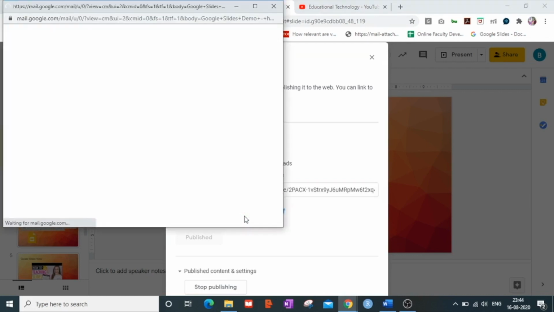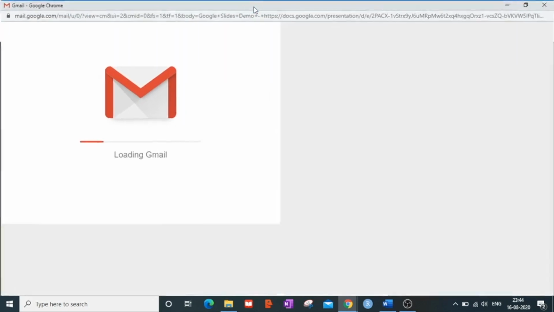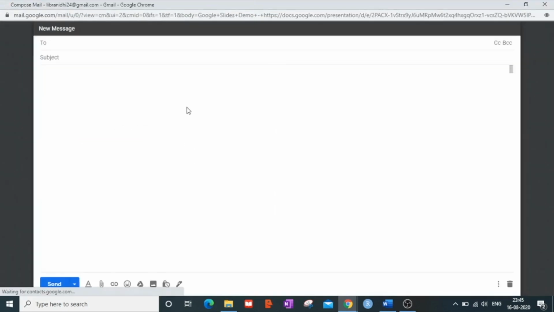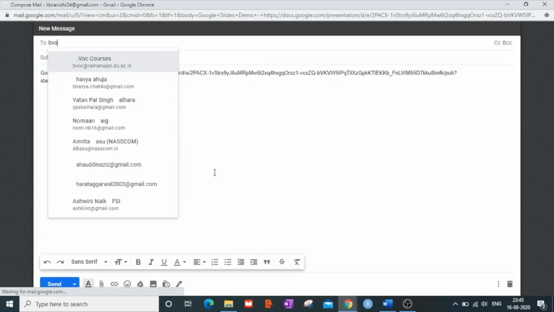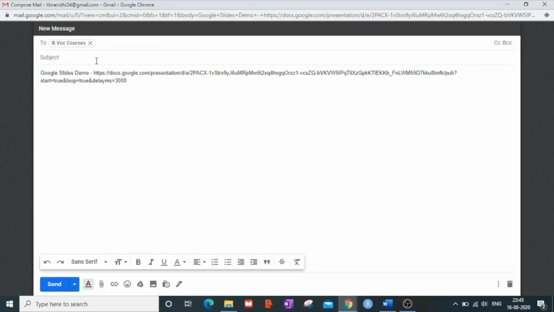Just to show you as an example, if I want to send this link via Gmail, I click on this Gmail button, enter the email ID of the recipient whom I wish to share with. Suppose I am sharing this to my other email ID and I write something in the subject.